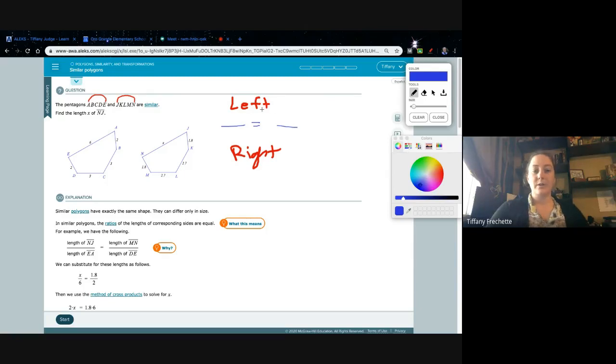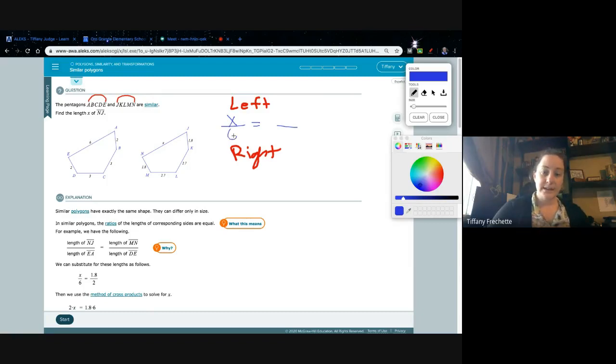And what I want to do is put the numbers from the left pentagon on the top of my proportion. And the numbers from my right pentagon will stay on the bottom. So once I choose which one is on top and which one's on the bottom, it needs to stay that way for both. So if I know NJ goes to EA, so I have NJ, which is X, to EA,